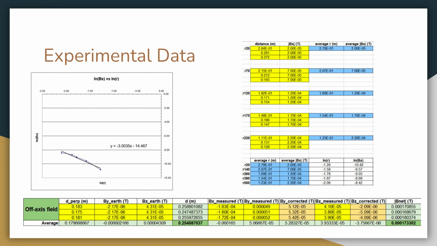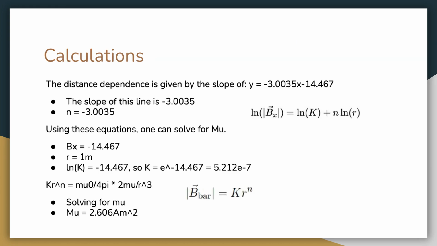Then on the left is my graphed and fitted data from the on-axis measurements that I use to calculate the dipole moment of the magnet. So using the slope of the graph and the distance-dependent equation, I got that n equals the slope value, which is negative 3.0035, and the ln of k equals negative 14.467. And using the equations on the slides, I got that k equals 5.212 e to the seventh,